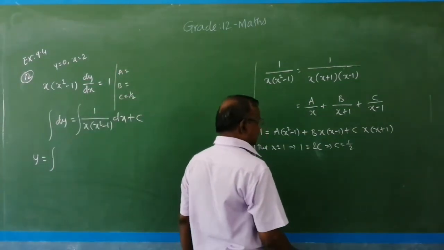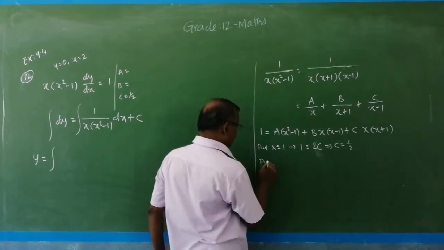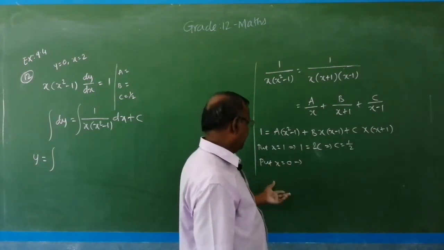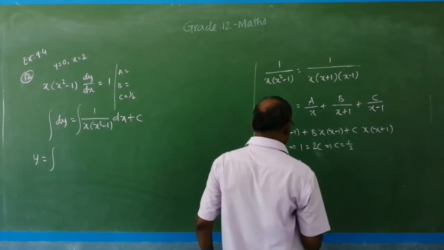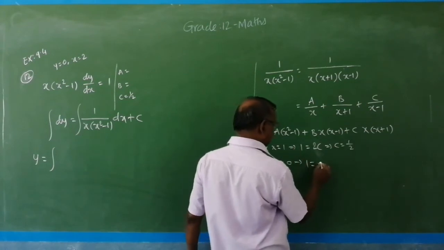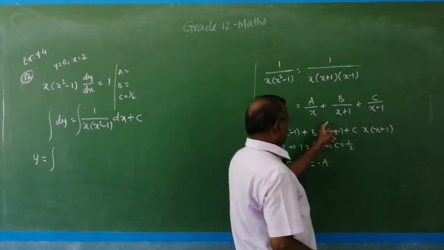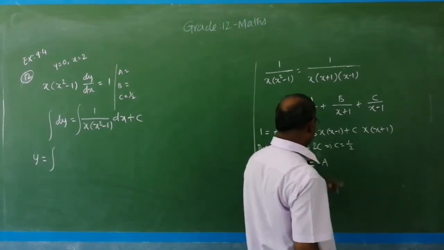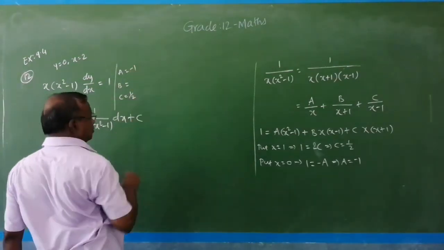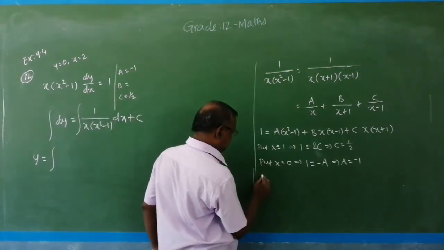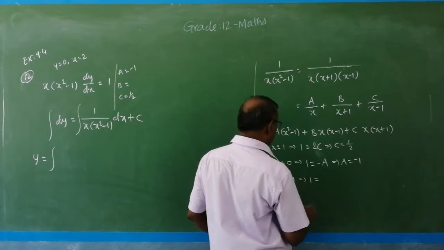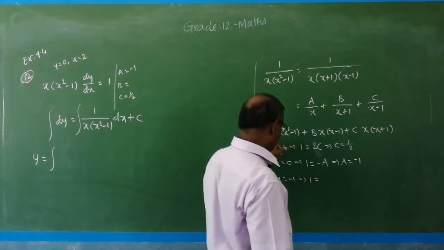For our convenience, let us write here c equal to 1 by 2 and put x equal to 0. Only substituting simple values 1, 0, minus 1, likewise we can have the values. So LHS equal to 1, x equal to 0 means minus a. So x equal to 0 means b and c vanish. So a equal to minus 1, and put x equal to minus 1. LHS is 1, minus 1 means plus 1, plus 1 minus 1, 0.